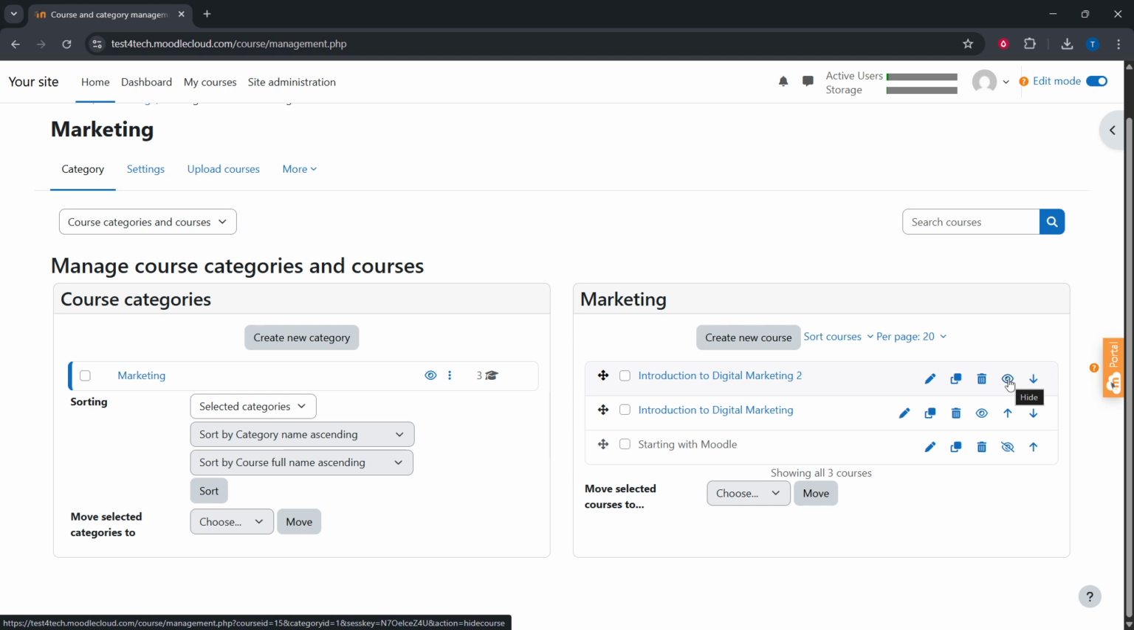Next, look for the eye icon next to the course. This icon is a simple toggle for visibility. When the eye appears open, the course is visible to students. Click the eye to switch it to a closed eye, which means the course is now hidden from students. Some themes also show a text label like Hidden or Show Hide to confirm the status, so use those cues